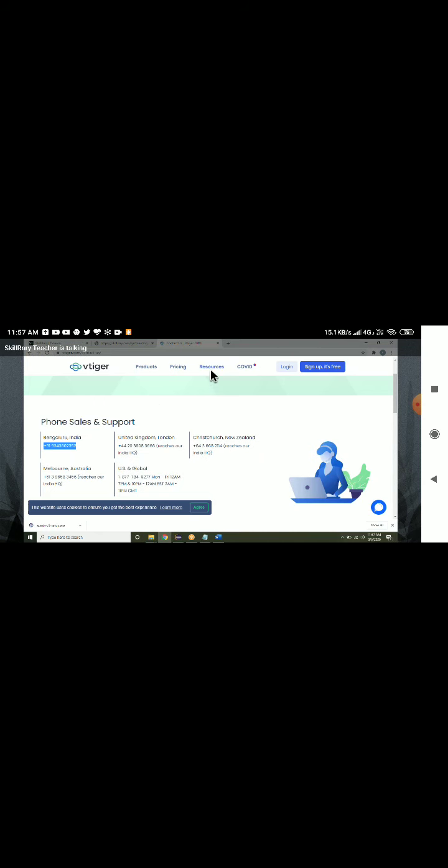The reason is, it asks: boss, where do you want me to move? There are many elements in a page. If you give the address of resource, I will move to resource. If you pass the web element of product, I will move to product. If you pass the address of pricing, I will move to pricing. If I pass the address of COVID, I will move to COVID. So that's the reason, in moveToElement you have to give the address of resources. That is what we are doing in line number 20.